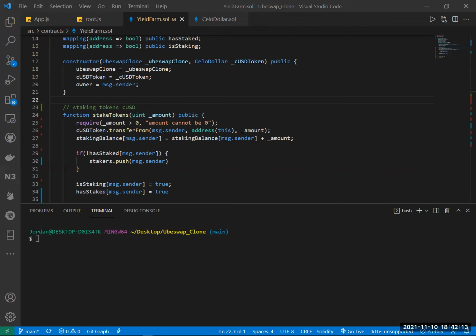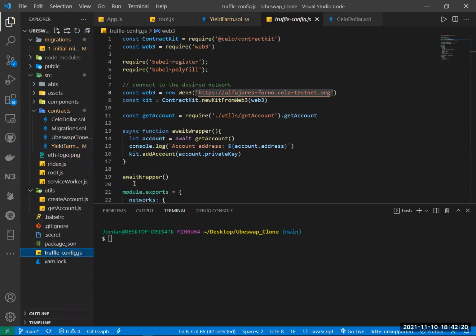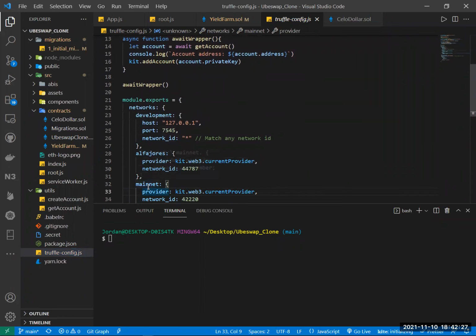That's why we had to write it like this in the Truffle Config. So if we want the main network, we'll just do truffle migrate --network mainnet. But since we want to deploy on the testnet, we'll just write truffle migrate